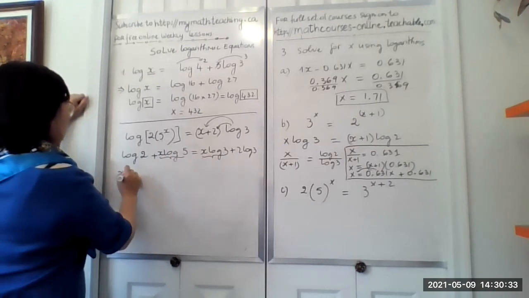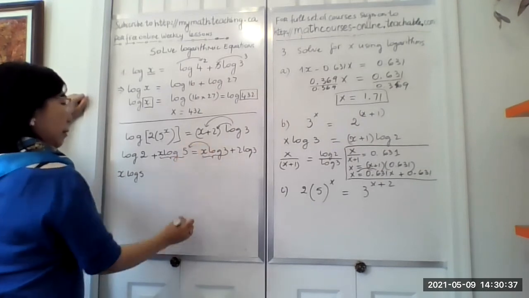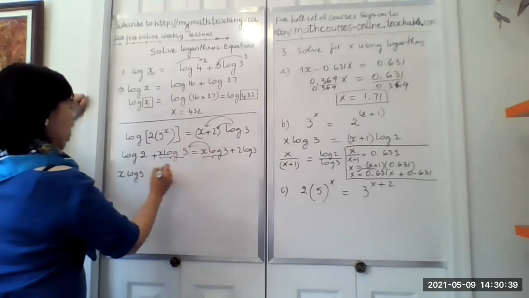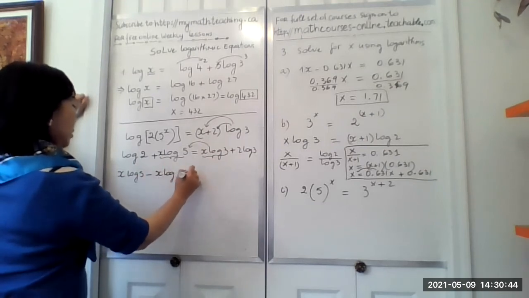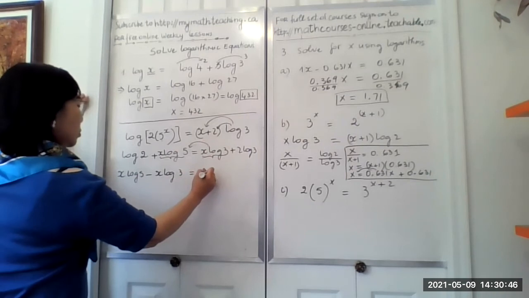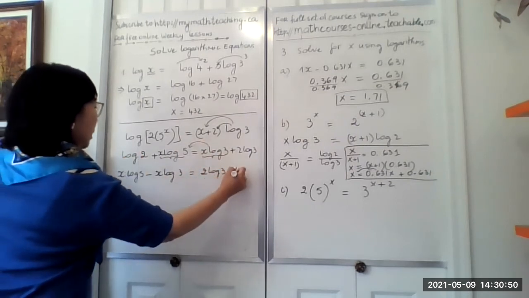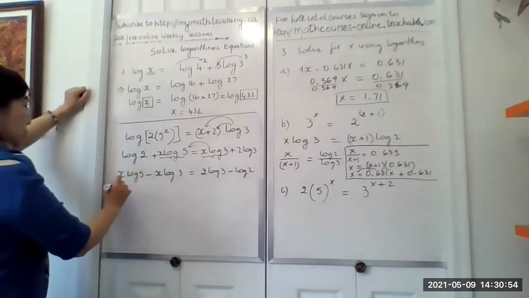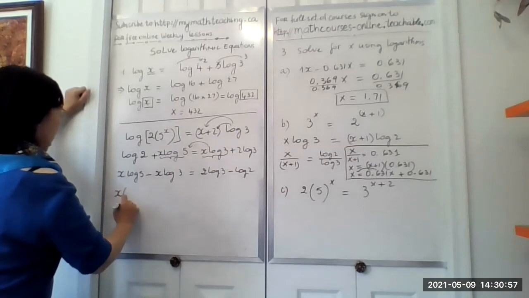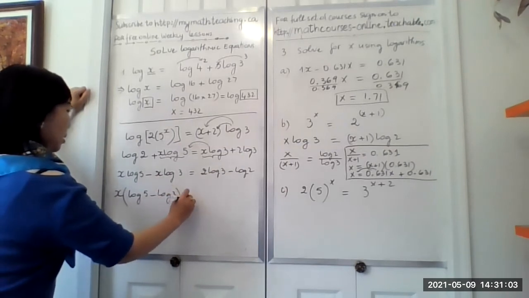So I'm going to say x log 5. I'm going to bring this over to the left and negative, positive become negative. X log 3 equal, this is 2 log 3. I'm going to bring this over, minus log 2. So at this point, I can factor out the x, and inside I have log 5 minus log 3 equal